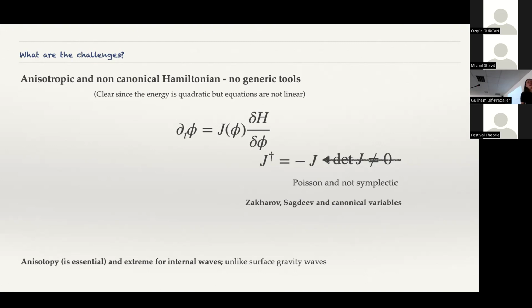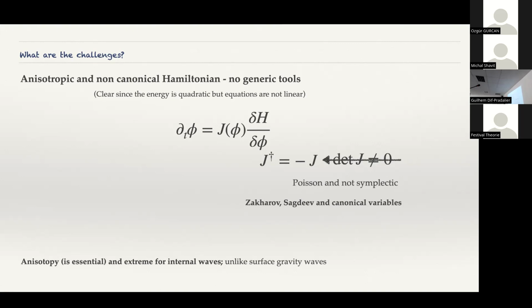And if you have other conservation laws, one fundamental reason to have them in the Eulerian coordinates, whereas in the Lagrangian coordinates you can see the real fundamental reason, is that because J has a non-trivial kernel, you have other invariants,